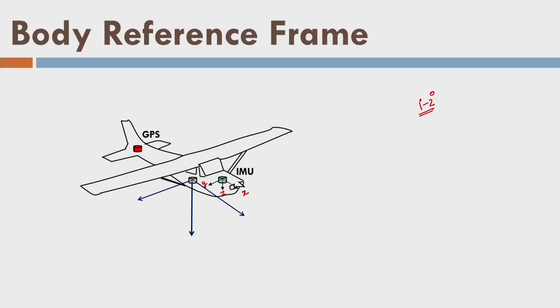The moment it is turned on, these 3 axes will indicate the true north, true east and the gravity direction at a particular point. That means when the aircraft is flying on a certain path, at that point of the aircraft trajectory, the switched on IMU will indicate the true east, true north and the gravity direction. Now if we measure these 3 angles, that means between the IMU switch off position and IMU switch on position, the corresponding angles between the 3 axes will be the roll, pitch and yaw. And so they will help to convert the scanner reference frame or body reference frame into the other frame. That other frame will be the earth tangential reference frame.